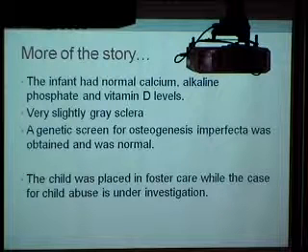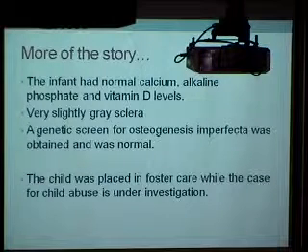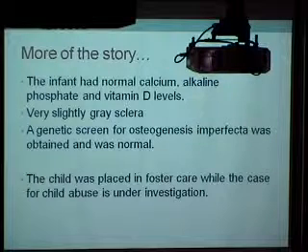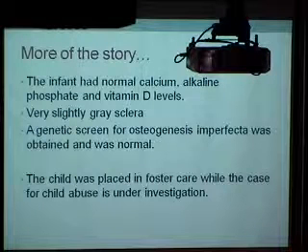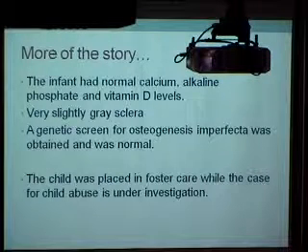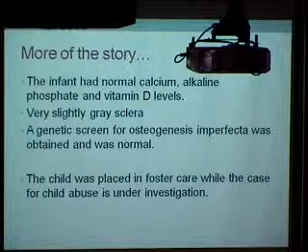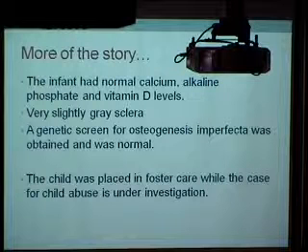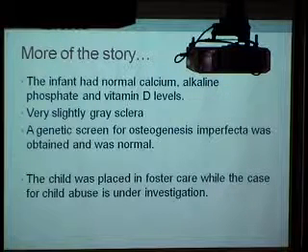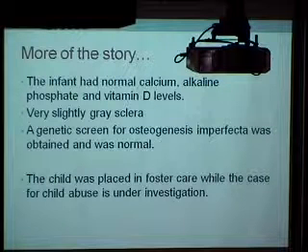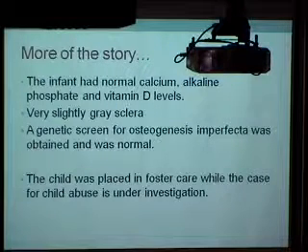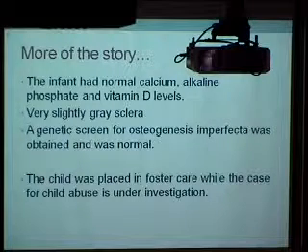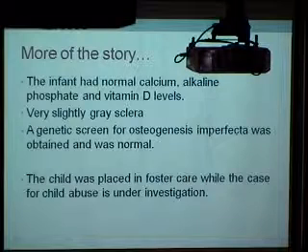So we looked, the baby has normal vitamin D and calcium levels, alkaline phosphatase levels. It was interesting, and I can't remember, I apologize if you're in the room, one of the residents and I looked at this kid really hard, and we thought her sclera kind of looked gray. Let's talk to endocrinology, and they agreed, and so we obtained a genetic screen for OI. That's negative. It takes 4 weeks to come back. Obviously, the child was placed in foster care, so she's been in foster care now for about 7 weeks, and the case is still under investigation.